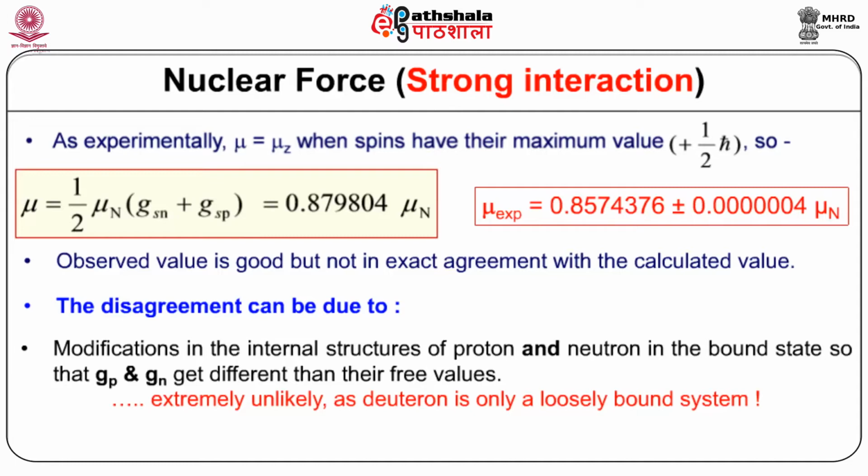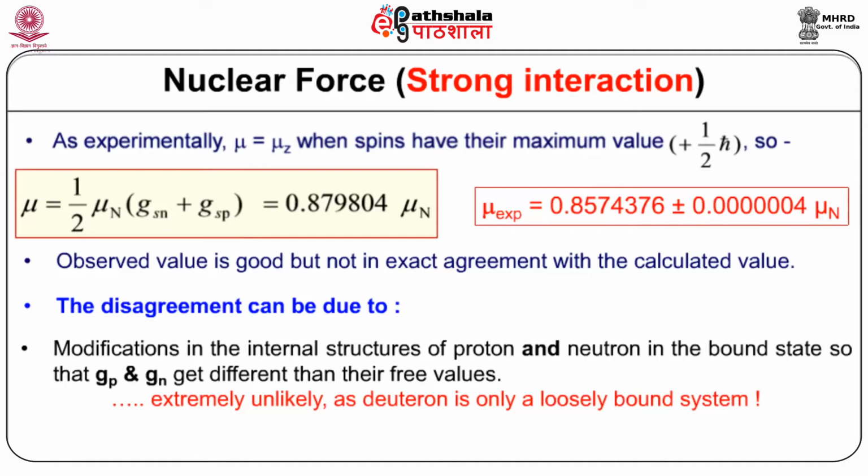So here also we would like to find the magnetic dipole moment, which is equal to mu z when the spins have their maximum value, that is ms is equal to I, and that is equal to plus h bar by 2, which is the maximum value of spin. Mu is given by 1 by 2 mu n (GSN plus GSP), that is equal to 0.879804 mu n. So theoretically speaking, if we talk about the neutron ground state as L is equal to 0,